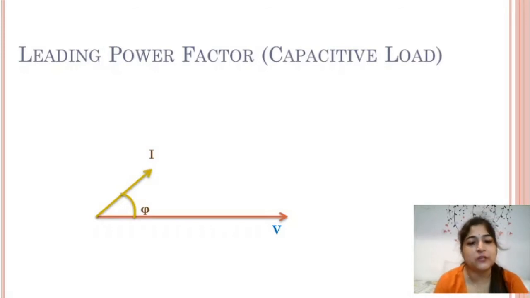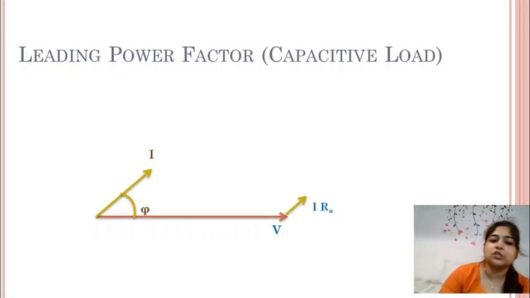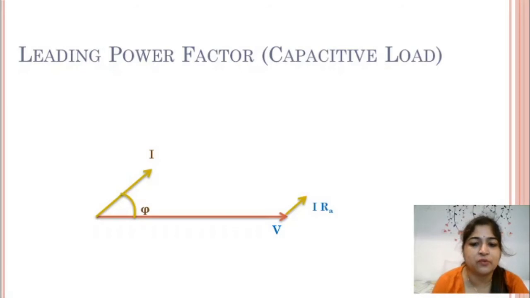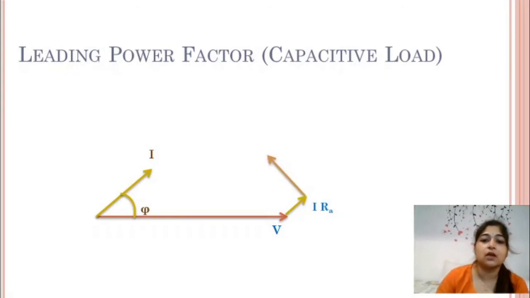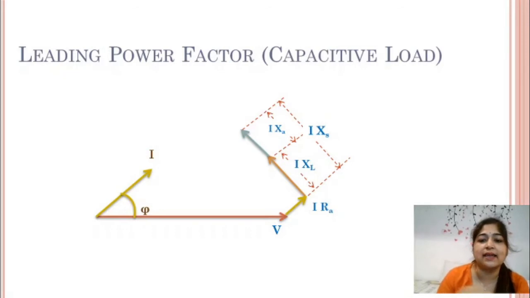IARA will be again in phase with I, but it will start from V. So it will be parallel to I, but it will start from V. Always keep in mind, as I also explained in my last video, that the IRA drop is very small because RA is practically very small. So when you draw the phasor diagram, you have to keep this in mind and draw a really small IRA as compared to other phasors. As compared to the reactance vector, the IRA drop will be very small. So this is IAXL and this is IAXA, combinedly called IAXS.